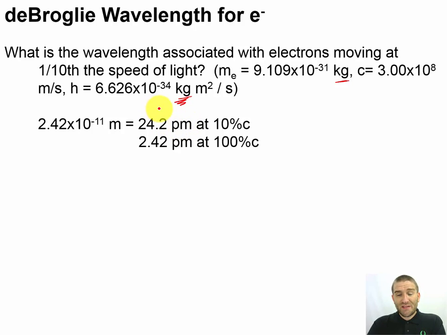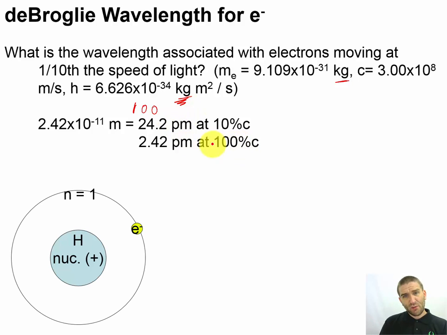Now, 1/10 of a nanometer is going to be the size of many of these atoms. In other words, about 100 picometers, somewhere in that range, is going to be the size of an atom. So if we're at 1/10 of the speed of light, we're at about 2% of the size of the atom. And if we're at the speed of light, we're at a smaller size, but still something on the scale of the atom. In other words, if we have hydrogen, and our first radius is right about here, what we're finding